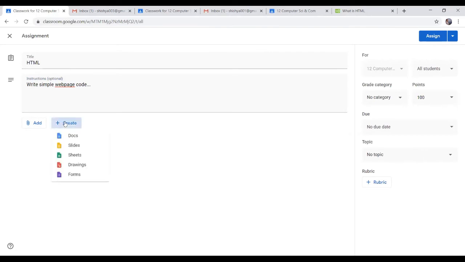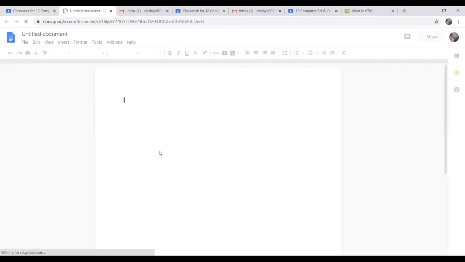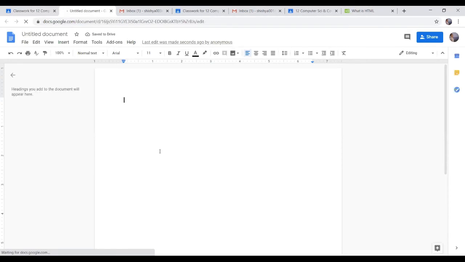If you want your students to write the assignment in a document or in slide form or as a sheet or as a drawing or as a form, you select that. So let me select docs. Once you select docs, it will open a blank document.